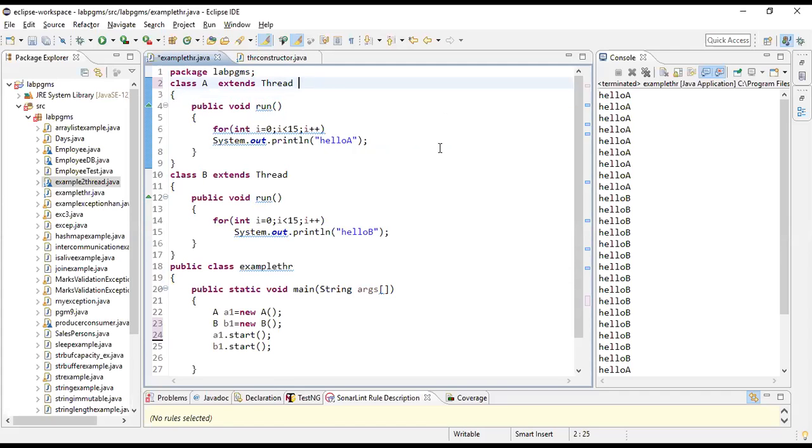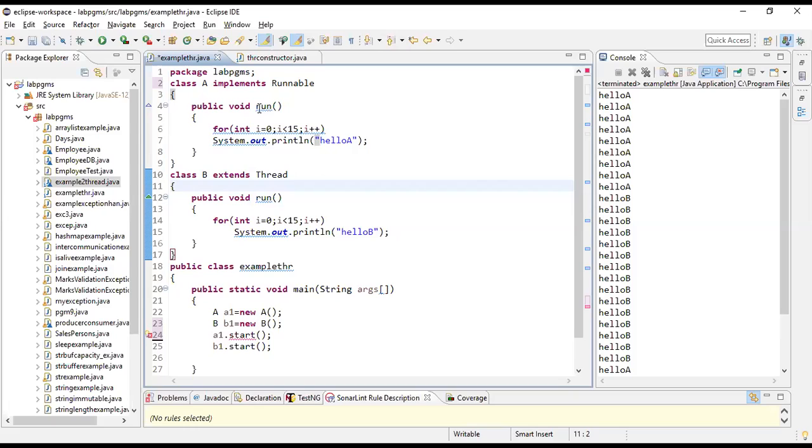Now we are seeing the second way, implementing the Runnable interface. That is the second way of creating your threads. So we'll directly see the program itself. As I said, it is implementing a Runnable interface. So right here, implements Runnable. When I write class A implements Runnable, the immediate change you can see is that there's an error here: A1.start is undefined. Now let this be as it is.